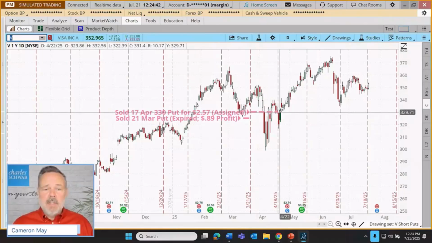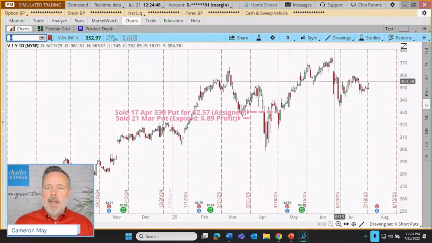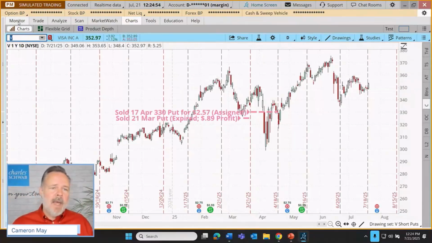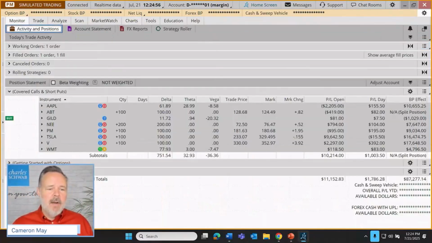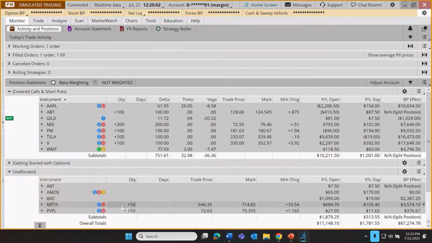That contract was assigned, though. So we wound up owning the shares at 330 as we dipped down here. And then they rallied. But I just kind of left those off to the side. They haven't been part of the discussion for the last couple of months. So let's bring those back into discussion. They were just sitting down here in our unallocated area of the portfolio. I just pushed those up here. They were sitting down here with a quantity of 100. And I thought, why have I just left those down there? Let's bring them back into the discussion.